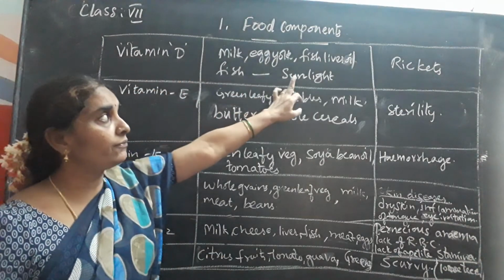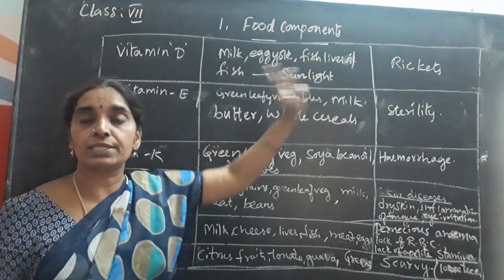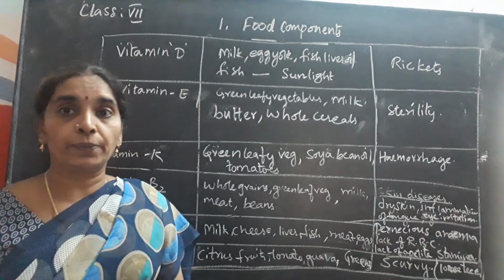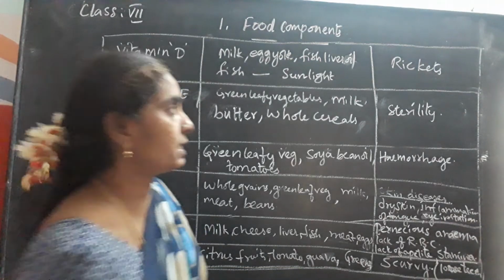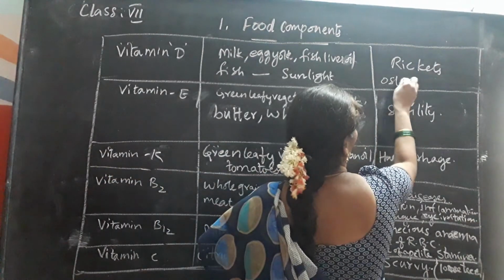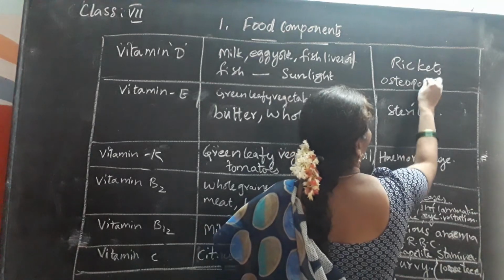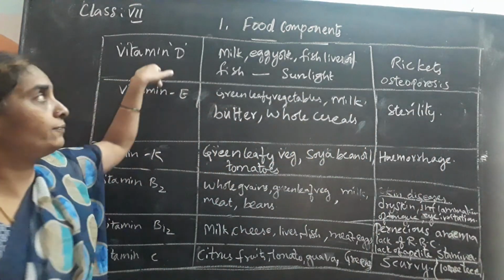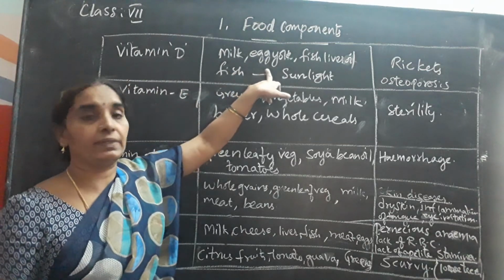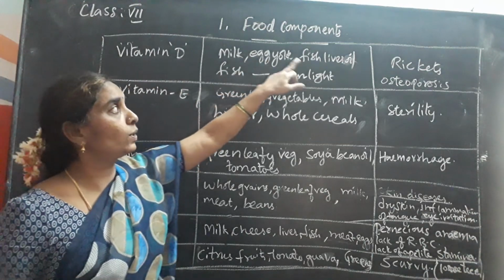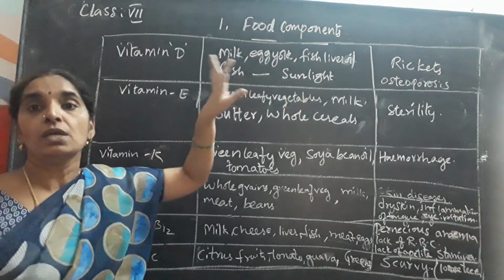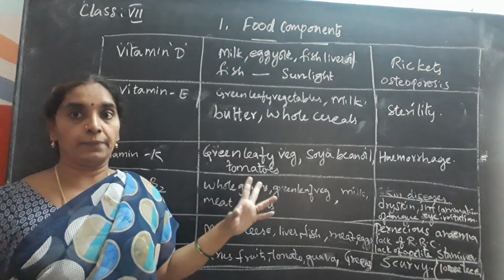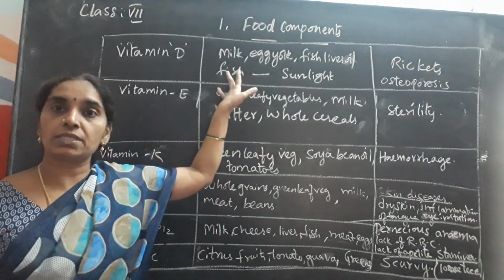Vitamin D deficiency leads to rickets in children and osteoporosis in adults. Okay, so mainly the foods that can supplement this vitamin are milk, egg yolk, fish liver oil and fish. Mostly you get this vitamin through the sunlight. So these are the supplementations that can be